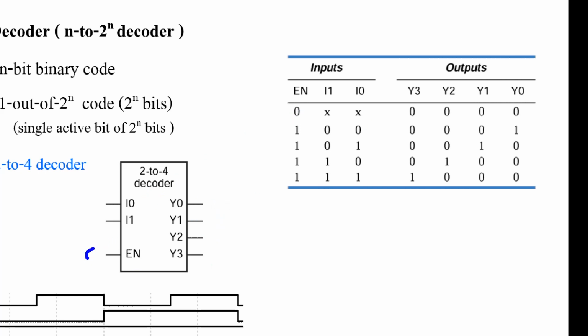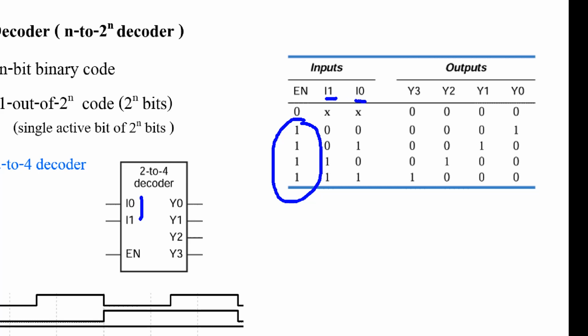And when enable is 0, the value of I0 and I1 is not affected. So we can write XX. XX means it can be 0 or 1. Anyway, the value of I1 and I0 doesn't affect the value of the output when enable is 0. However, if enable is 1, the output will be based on the value of